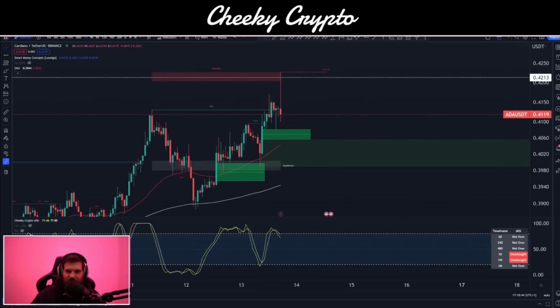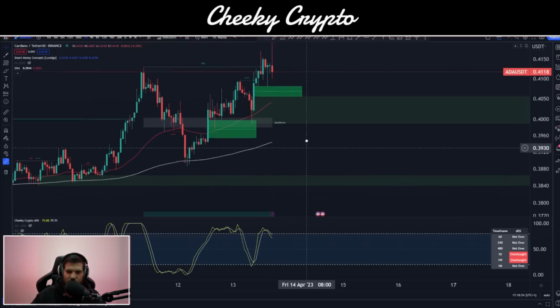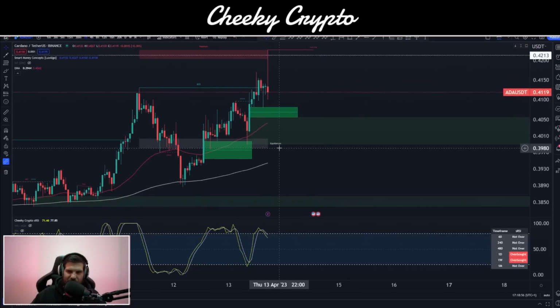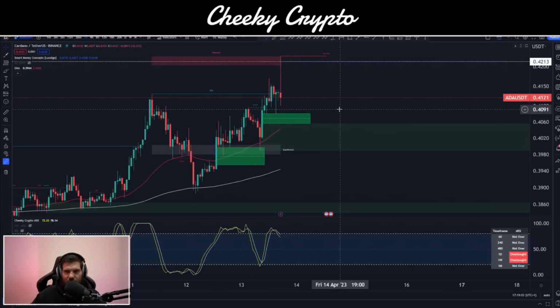A big tail here is indicating massive amounts of selling pressure. Okay, so we can see that right up there. There's lots of sellers. We can see the fair value gaps, and we can see the internal order blocks all around the equilibrium, along with the 50 and 200 EMAs. Chances are that we've got to come down into this range. So we're talking 39 cent. We're going to be dropping down below the 40 cent level by the looks of it. That's kind of where I would say that we're probably going to be heading more towards here for Cardano.